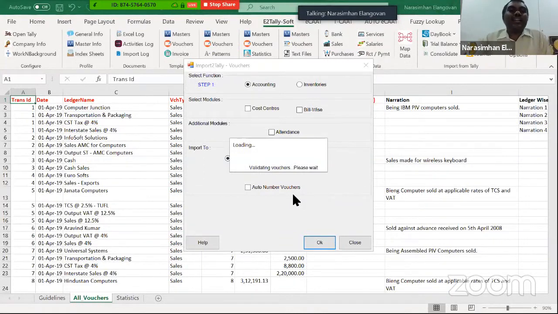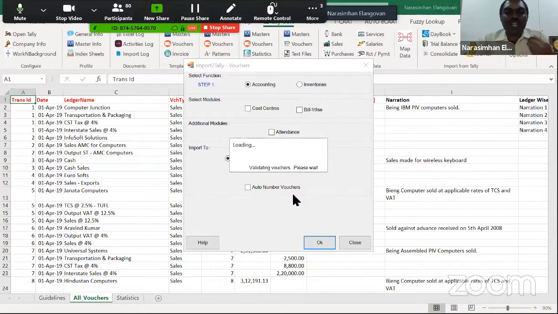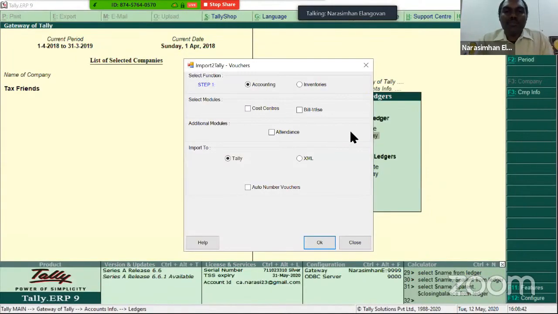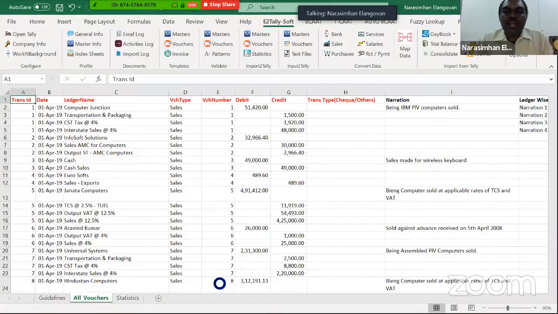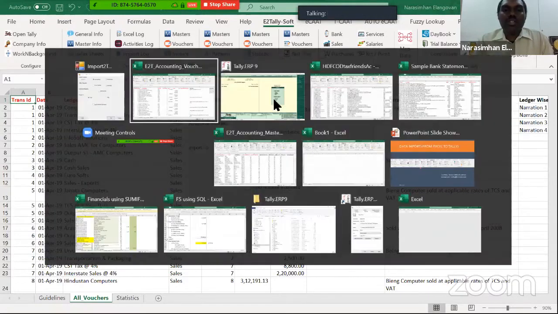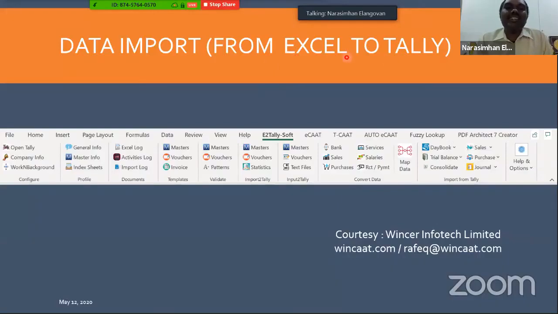And this should be done in a span of about 2 to 3 minutes. Of course, depending upon your RAM configuration, etc. This will take a little longer, but this is a whole lot of new ball game which it can save in terms of time. So if there's an error, as I told you, the error might pop up, or it may actually go ahead and import it. Okay, so this is the powerful feature of this software called Excel to Tally, which is basically called E2 TallySoft.